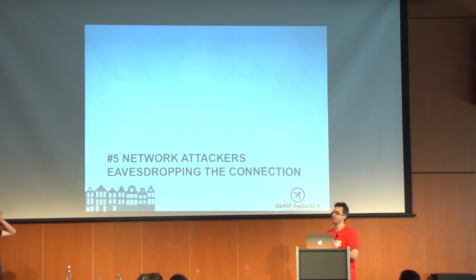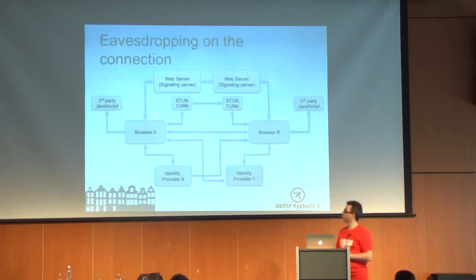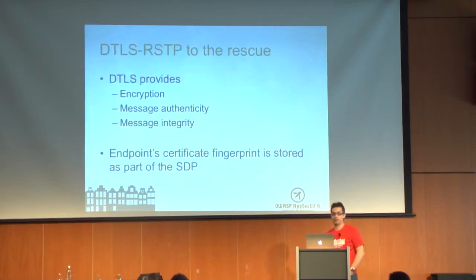So the next thing: we already know that meta information and maybe IP addresses are leaking. What I'm also very interested in is, what about the confidentiality? So I'm exchanging data with Martin. Is someone able to eavesdrop on the connection? So we actually worried, is it possible for a network attacker, for instance, to come in between browser A and browser B? And the good news is, we're using the DTLS and SRTP protocols, and they provide the encryption,